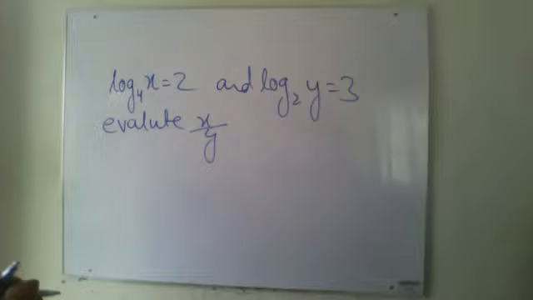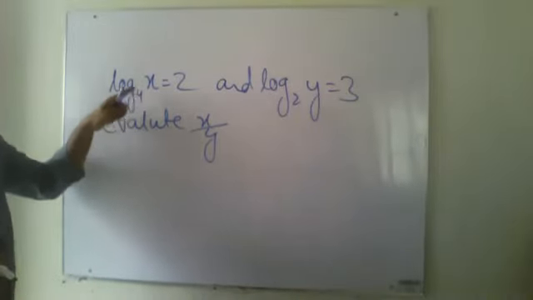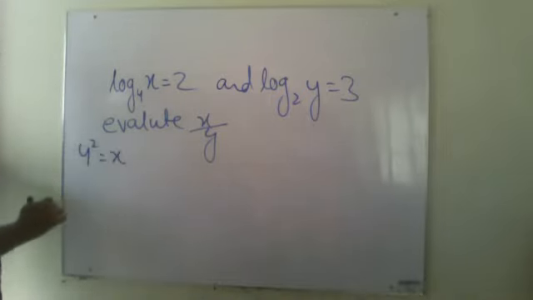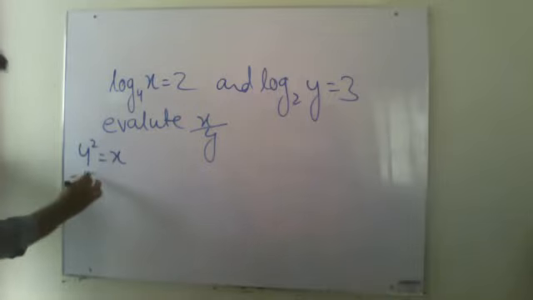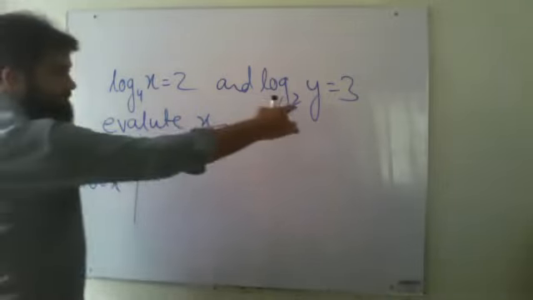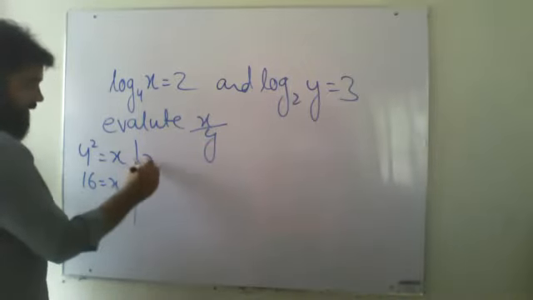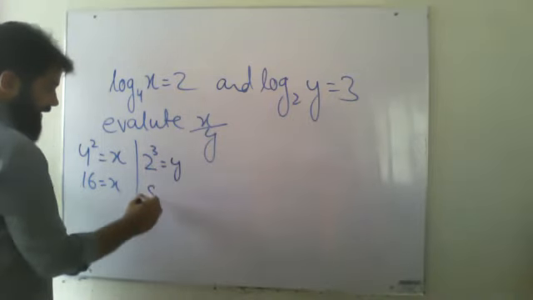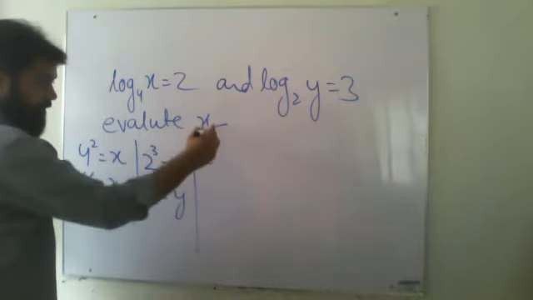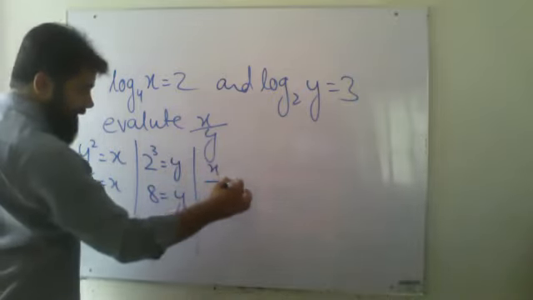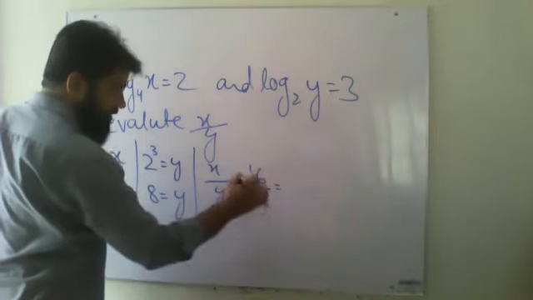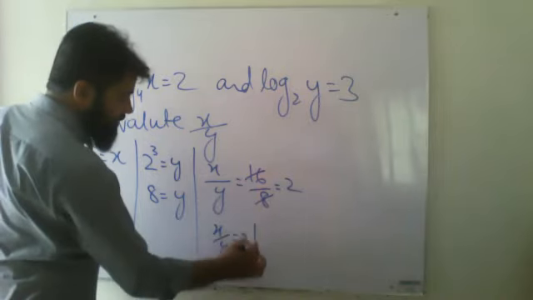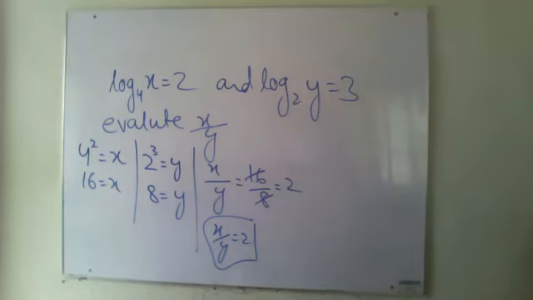Okay, so what we are going to do over here, see, 4 whole power 2 equals x will be written. When I simplify it, it will become 16 equals x. And when I simplify this one, what will happen? 2 whole power cube equals y. Simplify it, 8 equals y. When I plot it over here, x over y means 16 over 8, and when I simplify it, the answer of x over y is coming equals to 2, and that's your final answer.